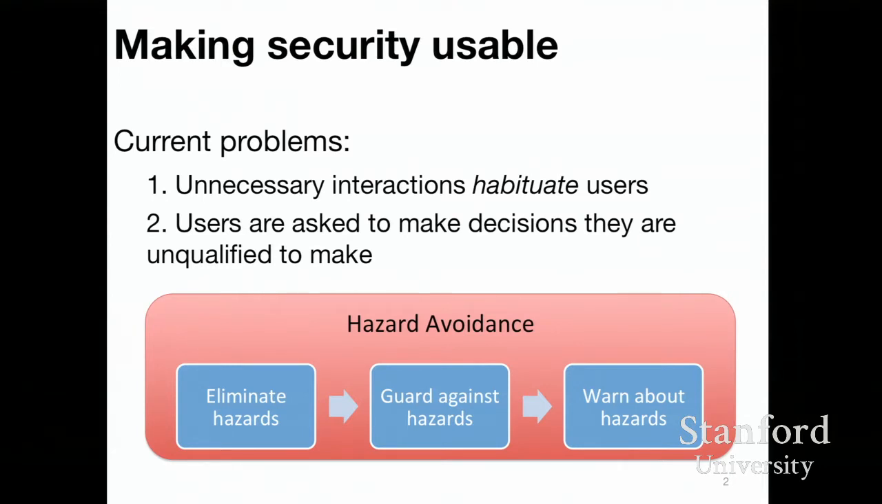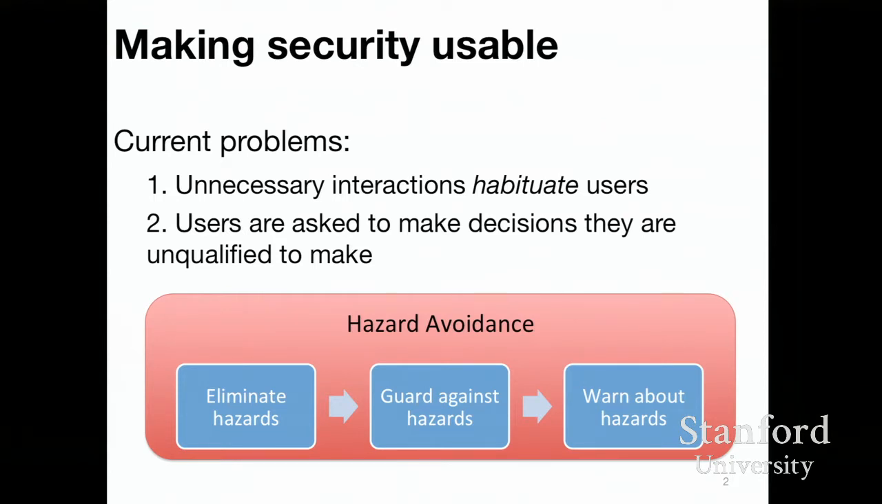The second problem that we tend to see is that oftentimes the security decisions that developers ask users to make, users are just completely unqualified to be making those decisions. And there's a lot of stuff that we can learn from looking at the classic hazard avoidance literature. So looking at the hazard avoidance literature, there's sort of a hierarchy of